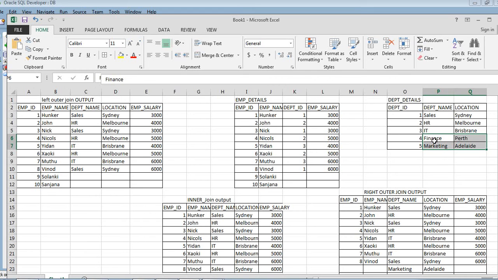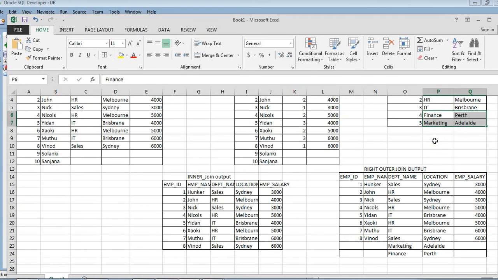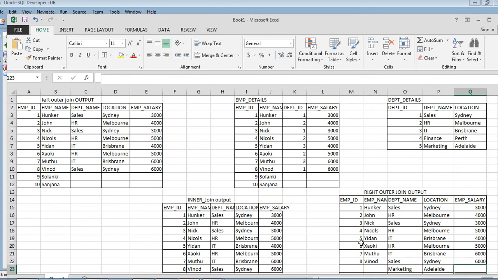Since we have used the right outer join, we can retrieve the data in our output, like department name marketing and finance and location Adelaide and Perth. But since no resources have been allocated to these departments, the other column values came as blank. The other values reflected are null because no resources have been allocated.